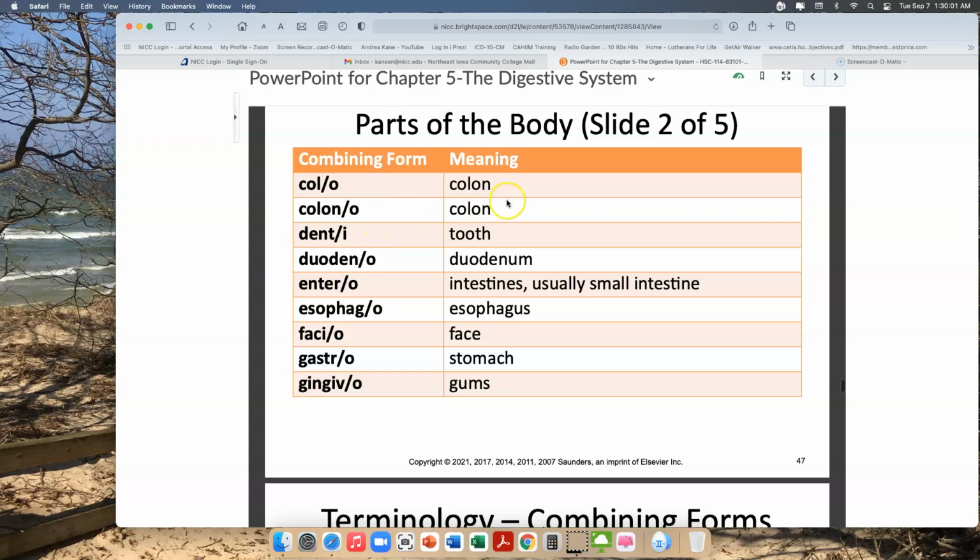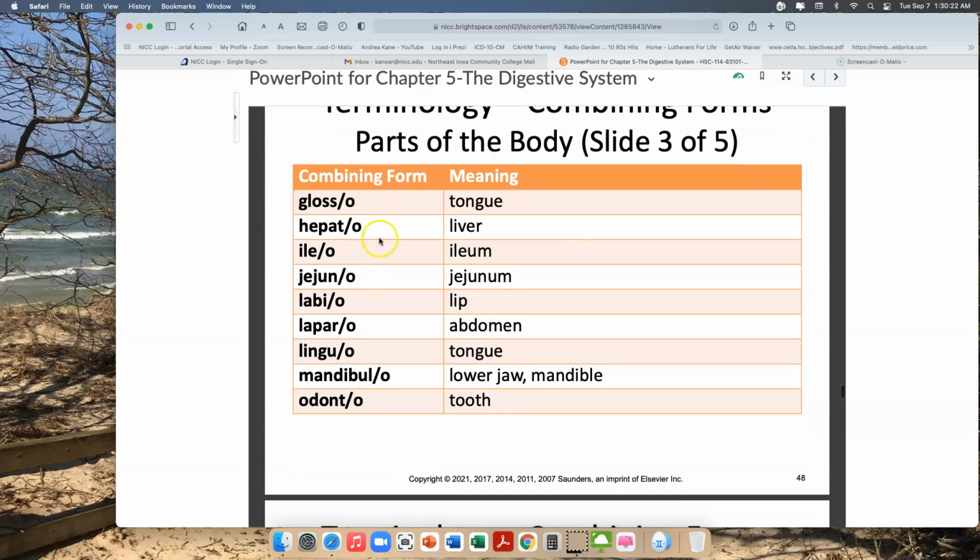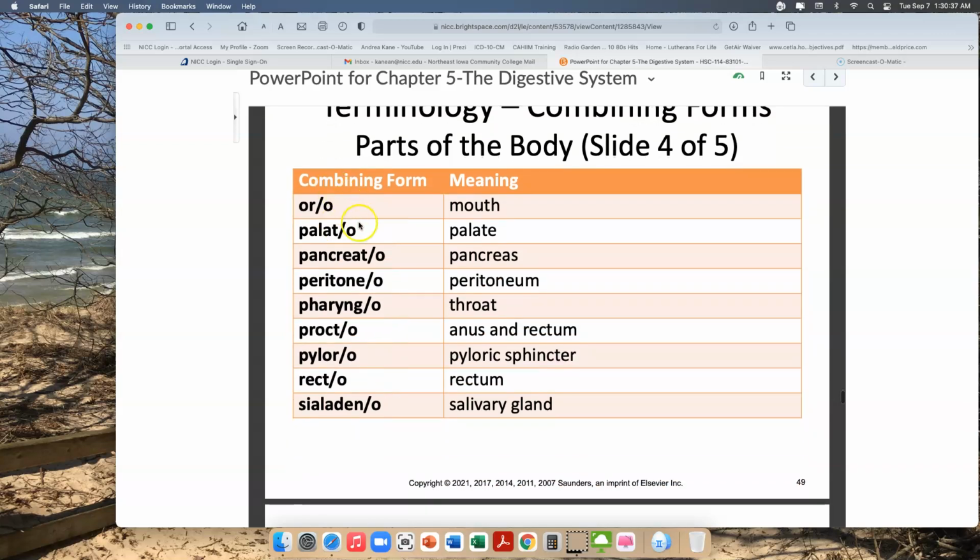Colo and colano. Notice there's two for colon. Denti, tooth. Oh, our combining vowel there is an I, not an O, so you want to make note of that. Duodeno, entero, esophago, fascio, gastro, gingivo, glosso, hepato, ilio, jejuno, labio, laparo, linguo, mandibulo, odonto. Oro, palato, pancreato, peritoneo, pharyngeo,